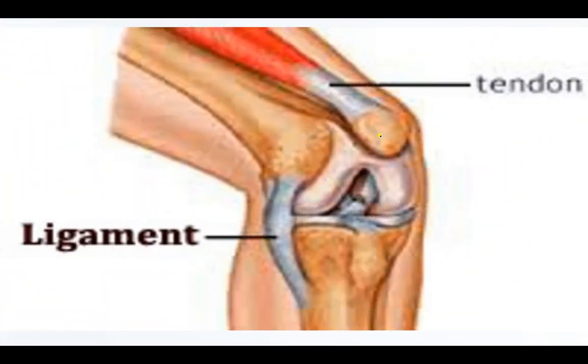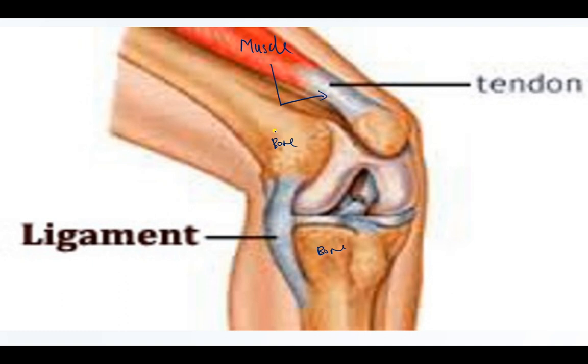See, this is the image which clarifies the difference. Here, this is bone number 1, this is another bone, and these two bones are connected with the help of this ligament. Here, this is a muscle, and this is a bone. Now, this muscle and bone are connected with the help of tendon. So, definitely, you can see that this portion has less flexibility, and this portion will have more flexibility as it is imparting a joint.